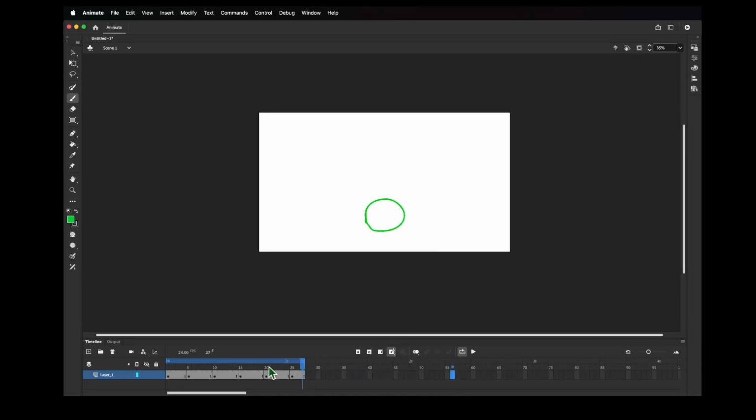Toggle onion skinning on and off with this button. If you want to loop 1 frame for some reason, you can do that. If you want to loop all of them, play through them, scrub back. It's always good practice to just like